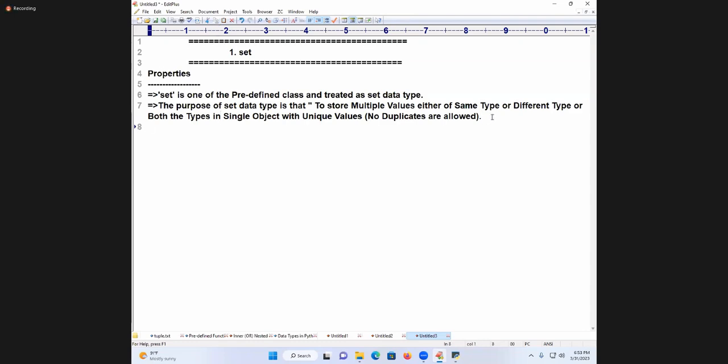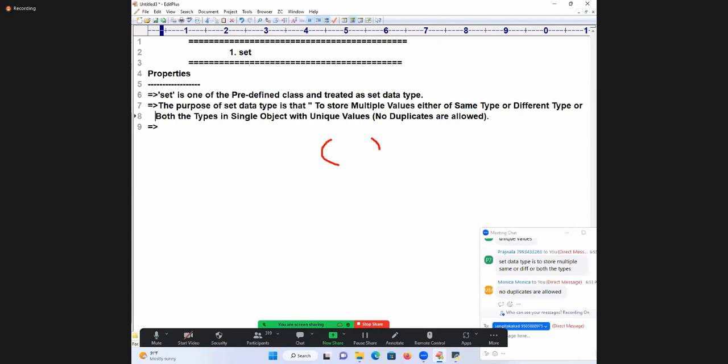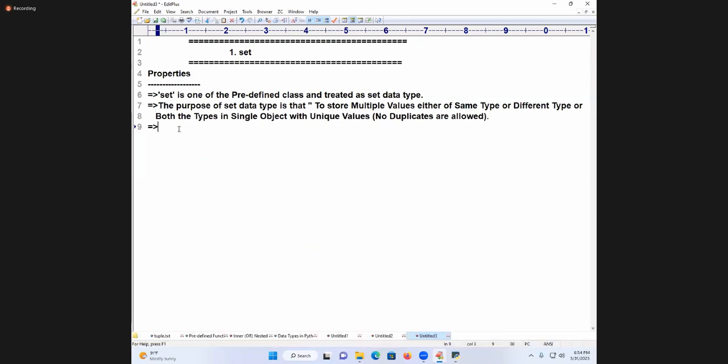No duplicates are allowed. Next point, I am going to write it. Do you know, students, in our previous symbolic notation, this is the notation of what? Tuple. This is the notation of what? List. Now we are using a set. Elements are organized inside of where? Curly braces. Now I'm telling you the elements of a set